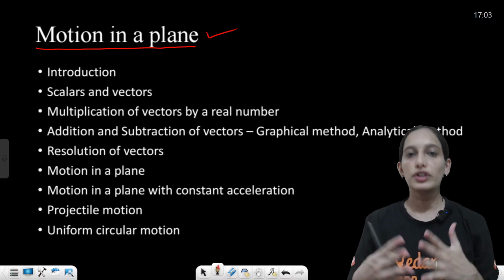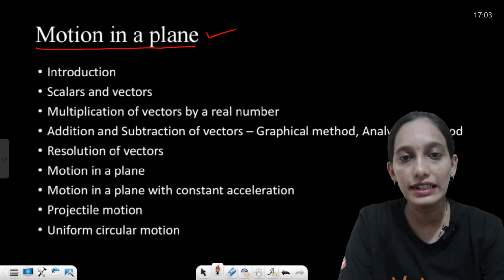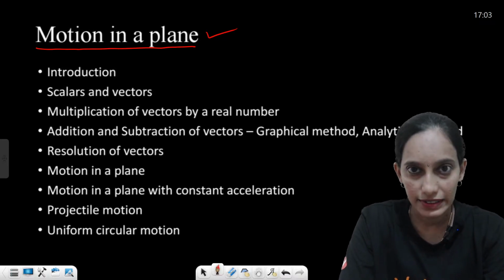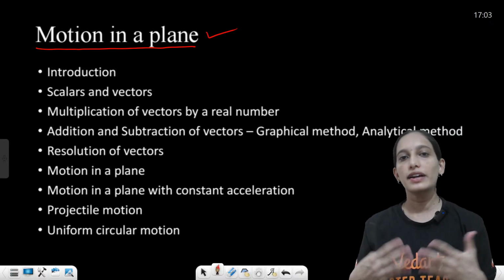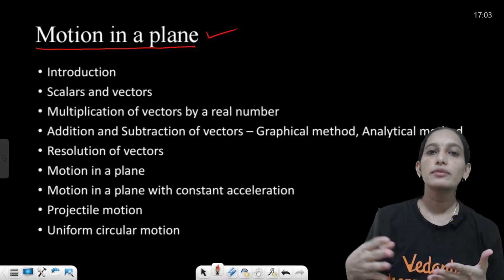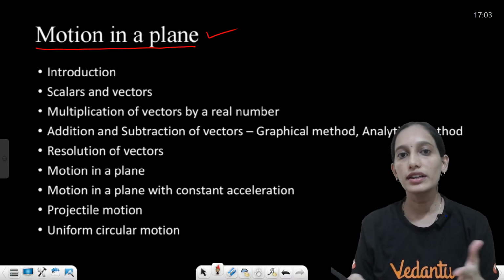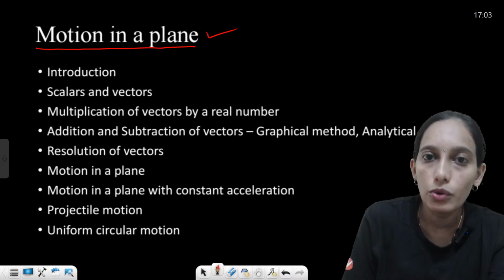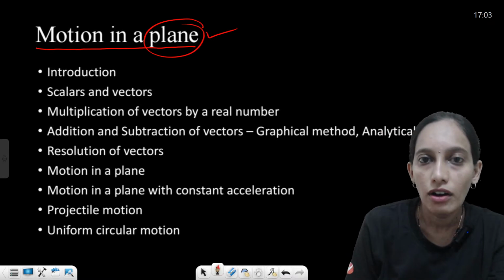So this is more realistic because in our day-to-day life, we will be dealing with motion in a plane. If you observe the vehicle movements, it's more in a plane, it's not in one dimension, right? Its x coordinate and y coordinate will be changing. So motion in a plane is more realistic, or we can say